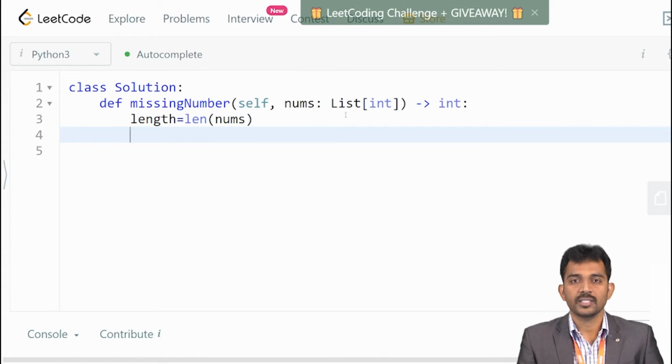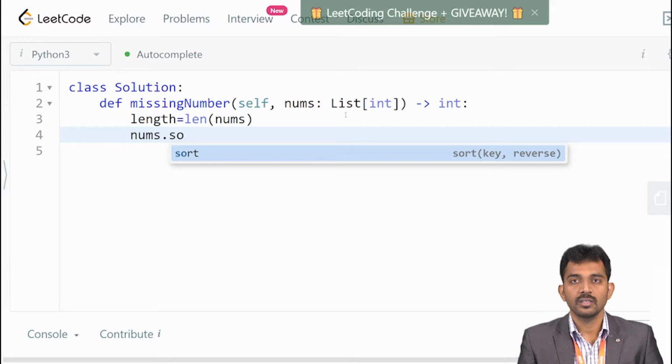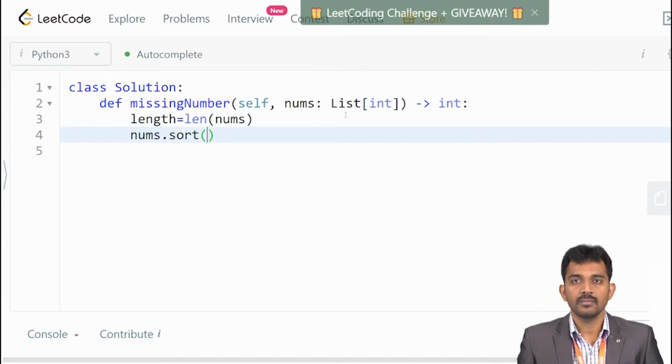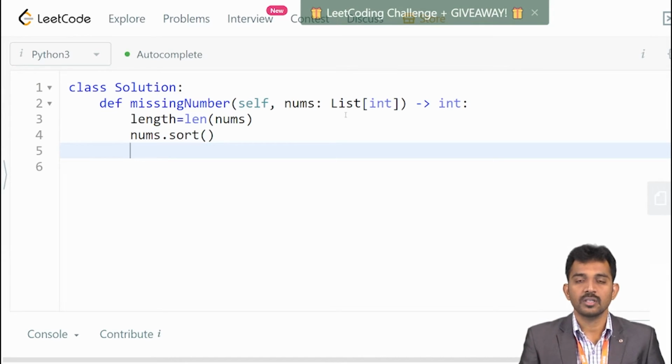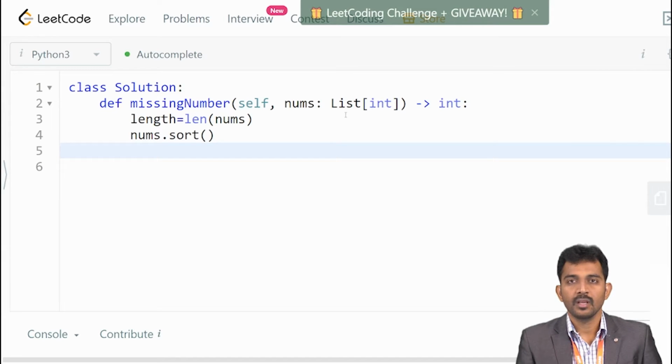After this, I'm going to sort the numbers simply: nums dot sort. Once we call nums dot sort, the data is in sorted order.